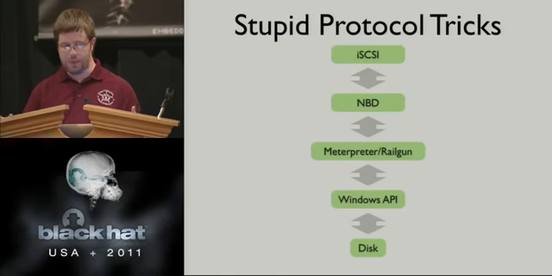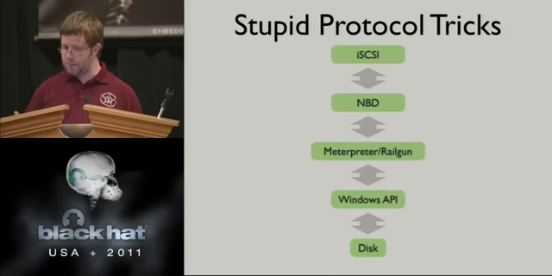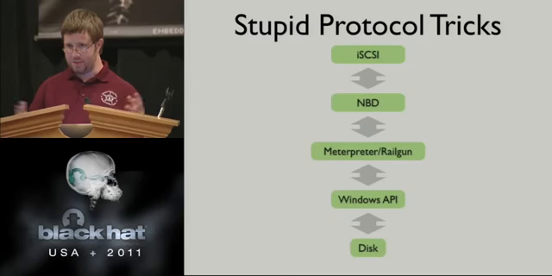I can't just set up a Linux VM with an NBD server and connect to it with Windows. And I was like, well, I guess I'll have to get around to writing some Windows block device driver at some point. But then it dawned on me maybe a week and a half ago: hey, I can on the Linux side of things create an iSCSI server, and Windows does support iSCSI. So we have our stupid protocol trick here of layering iSCSI on top of NBD to be able to run these Windows-based tools.